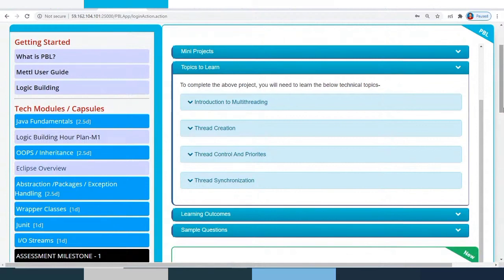Direct problems you don't get directly from M1 or M2A. Just remember that. But practicing these things will help you in solving whatever problem you will be getting for the assessment milestone. That's the only thing. And you need to be familiar with all these topics up to IO streams,